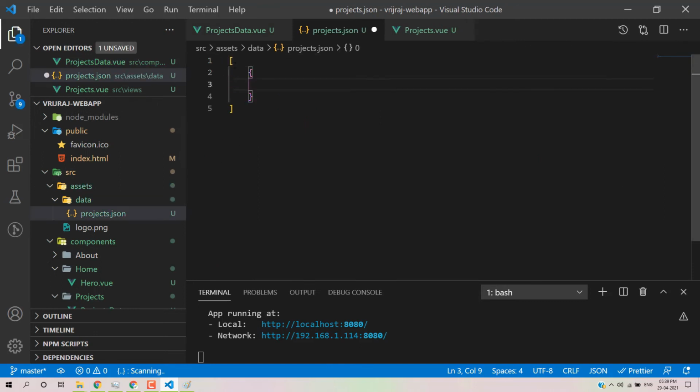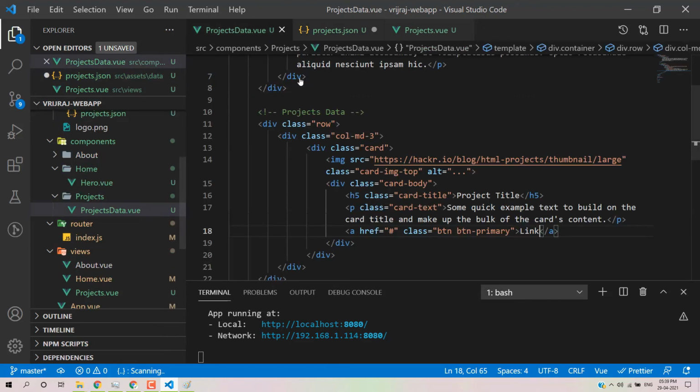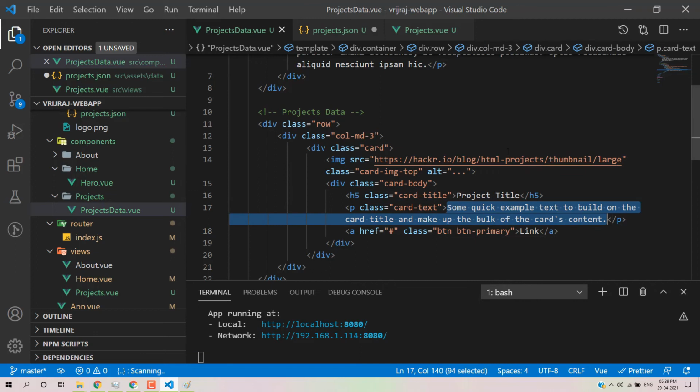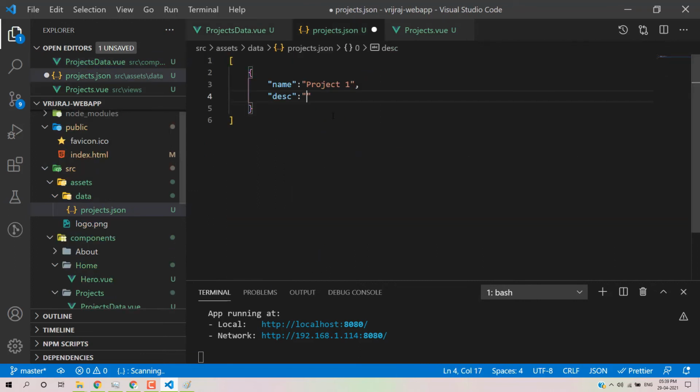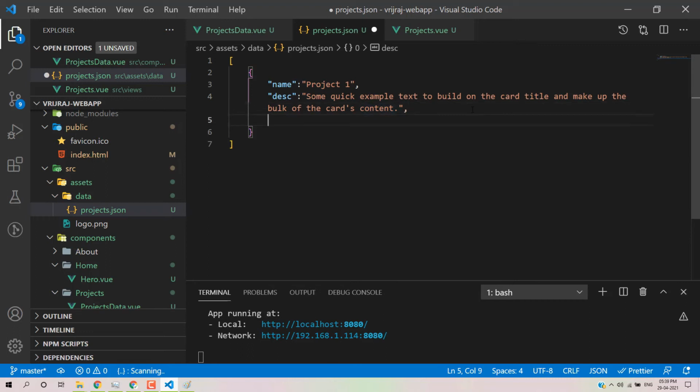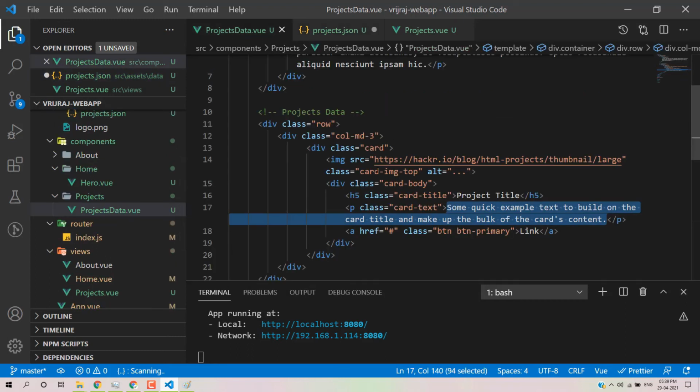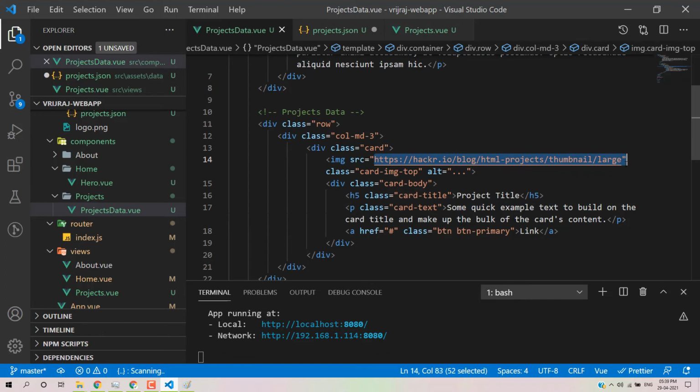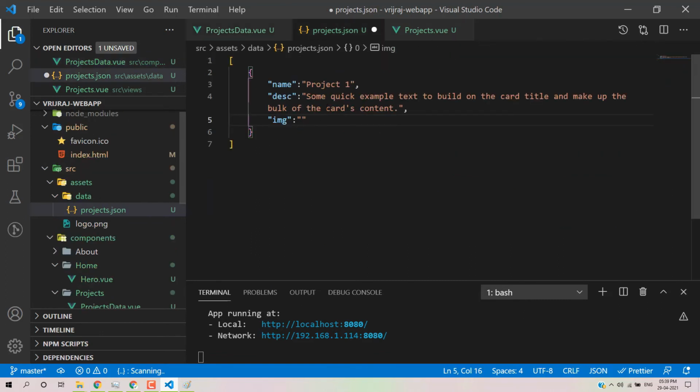Here we will create a project. We have an array of data. First there will be a project name, so I'll write project name. Here we have project one. Then you can write a description about this project. I'll just copy this random text and paste it here. And then we have an image, so I'll use image as a key-value pair. So we have an image field, and I'll use this particular path, save, and then paste.